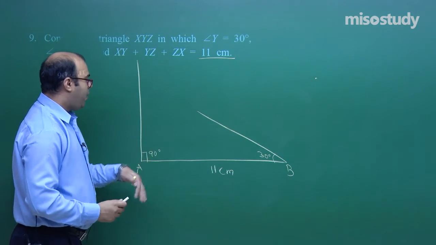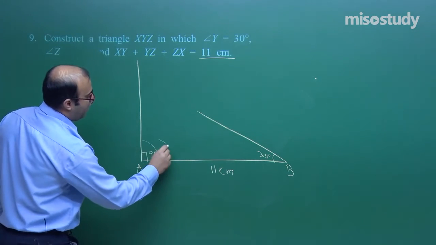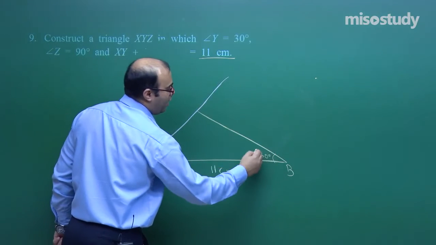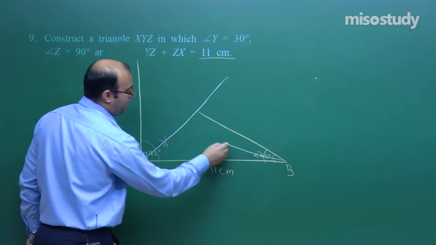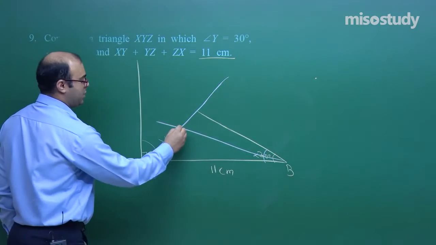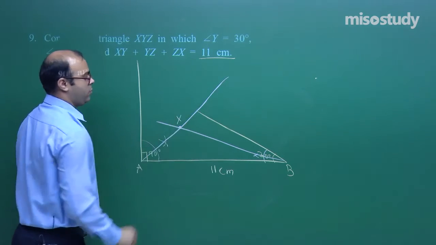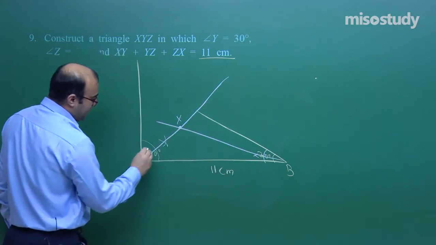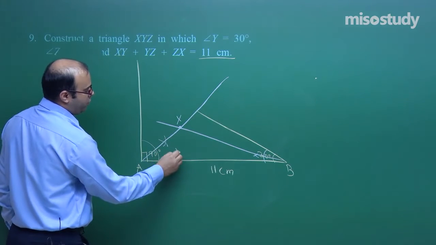We take the angle bisector of angle A. So we will take an arc, then an arc like this, an arc like this. This is the angle bisector. We take an arc here, we take an arc, and we take an angle bisector. These 2 angle bisectors intersect at this point. Let us call this point X. Okay, students? Now, taking this line XA as the line segment, draw the perpendicular bisector of this line.